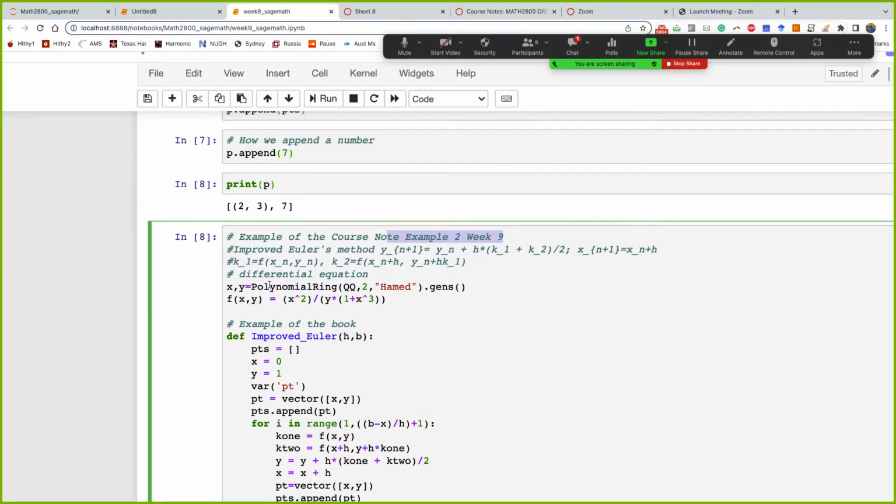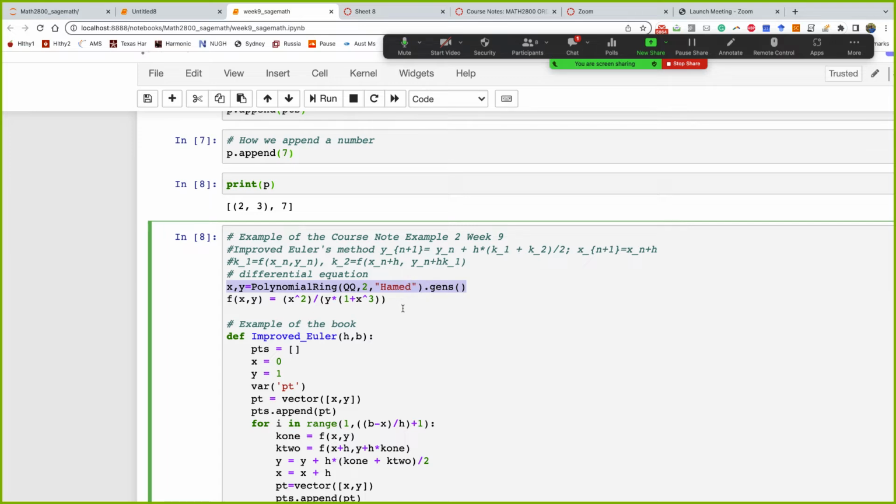So I define the function with this one. Firstly x, y, just copy this one from here, okay? And as I told, I think I told this one on Monday. So x, y are just the variables of the polynomial with this line. I mean, this line means x, y are the variables of a polynomial of 2 variables with the coefficient of the Q. You can use R as well, but it doesn't